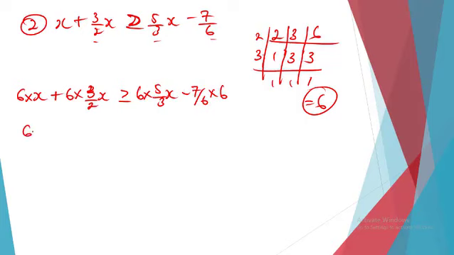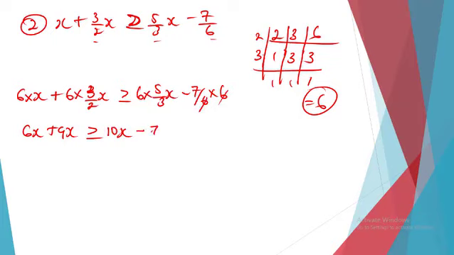Okay, this will give us 6x, and 6 times 3 will give us 18 divided by 2. We have 9x. So plus 9x is greater than or equal to 6 times 5 is 30. 30 divided by 3 will give us 10x. Is that correct? So we have 10x. Then this 6 will eliminate this 6 to give us